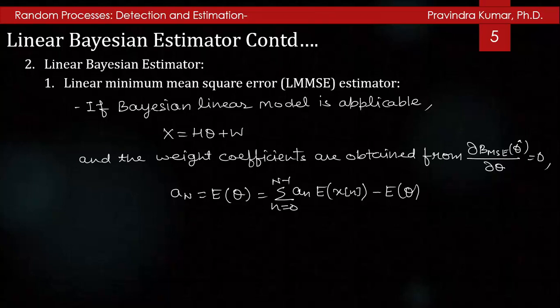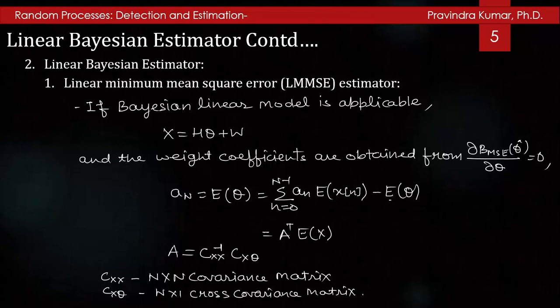Then we have aN equal to the expected value of theta minus summation n equals 0 to N minus 1 of an times the expected value of xn, which equals the expected value of theta minus A transpose times the expected value of X. And now A will be the inverse of the covariance matrix CXX times the cross covariance matrix CX theta,